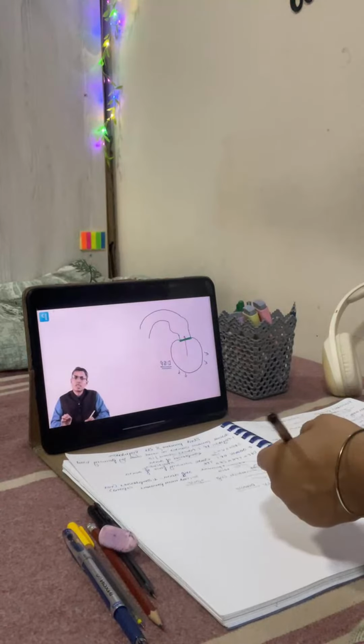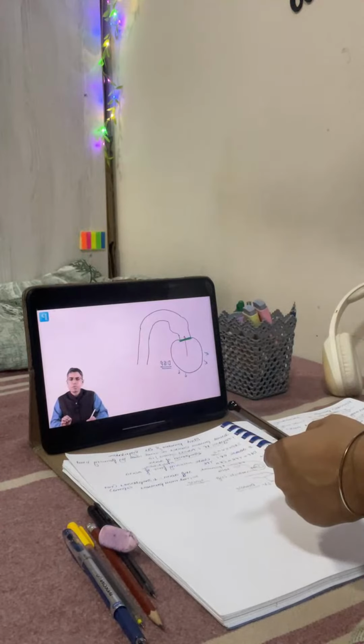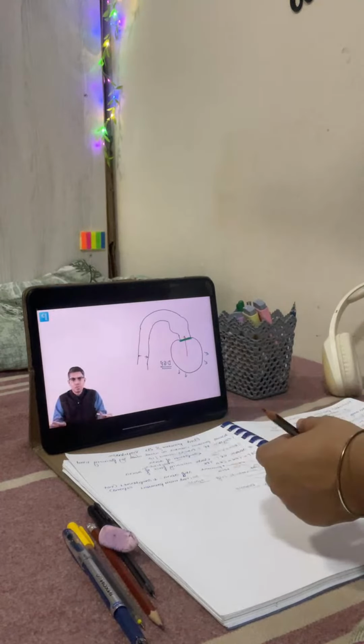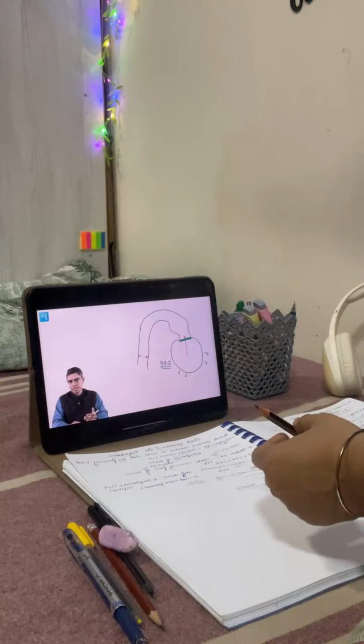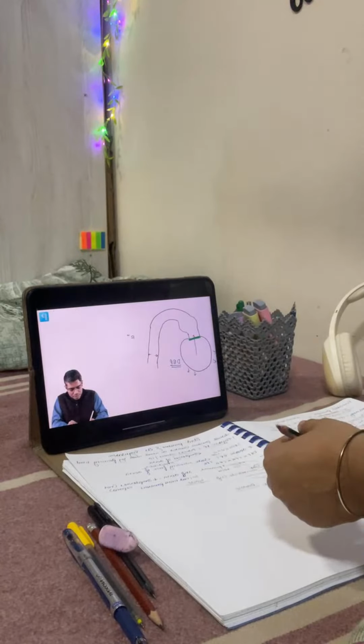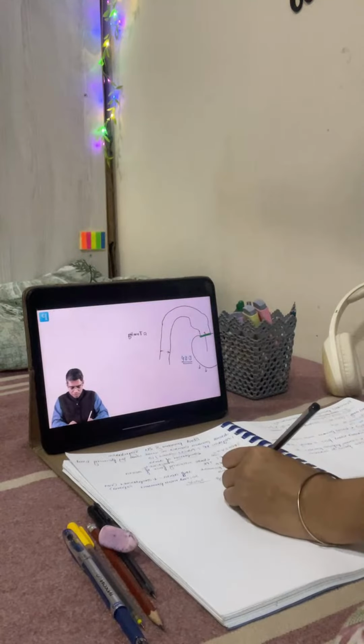Now, why is this constant blood flow required? Suppose the blood flow is completely stopped. What will be the pressure on this vessel wall? The blood pressure will be how much if the blood flow is completely stopped? Suppose there is a sudden cardiac arrest. What will be the pressure inside the vessel? Do you think that will be zero? The answer is not zero. That will be near equal to 7 millimeter of mercury, and this pressure is known as the mean systemic